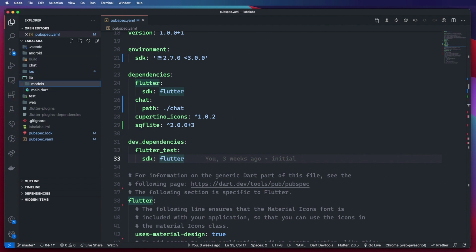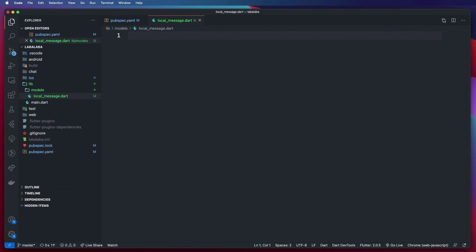And inside my model folder, I'm going to go ahead and create a local message. And this class will represent our message that is local to